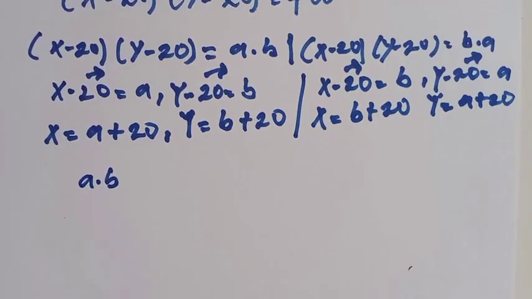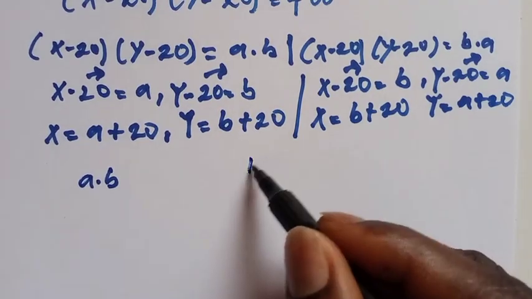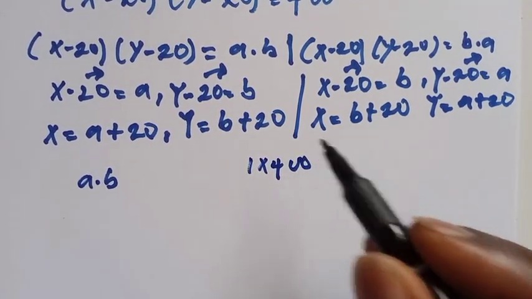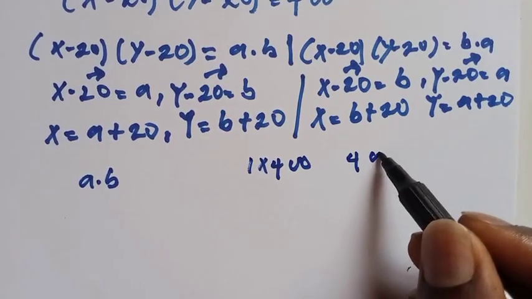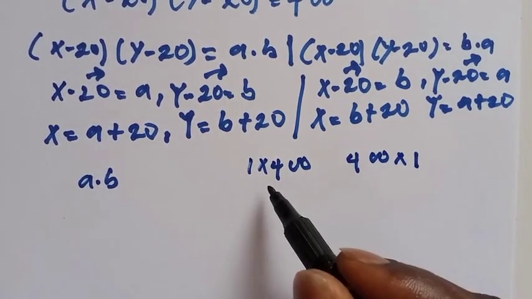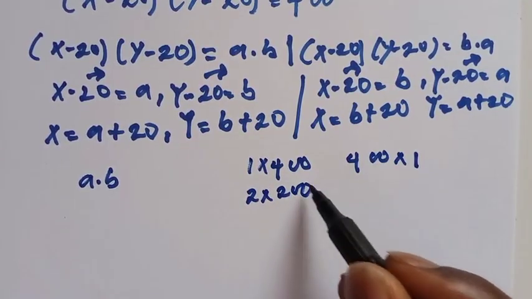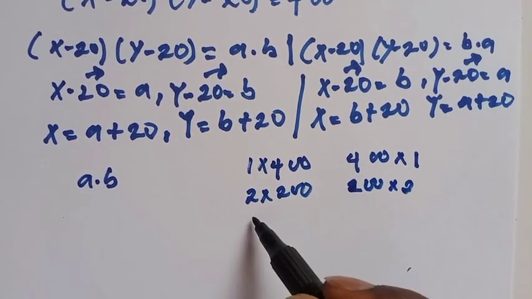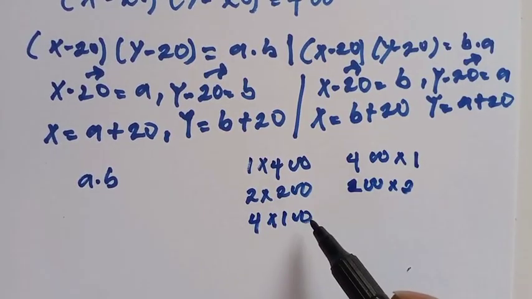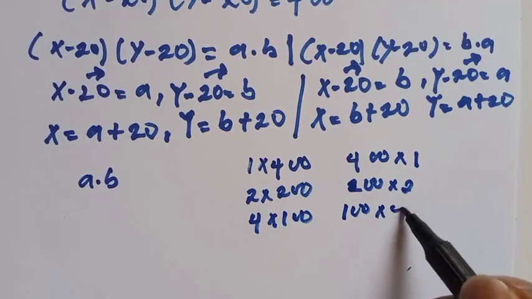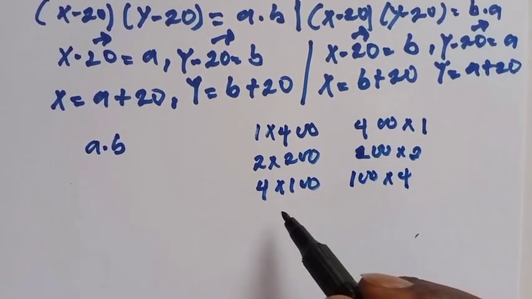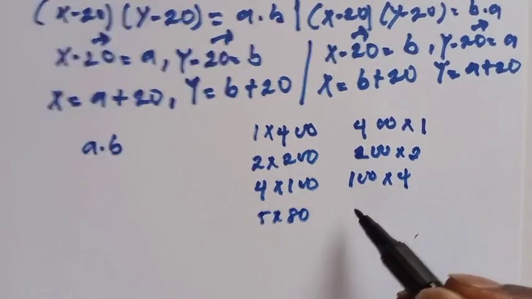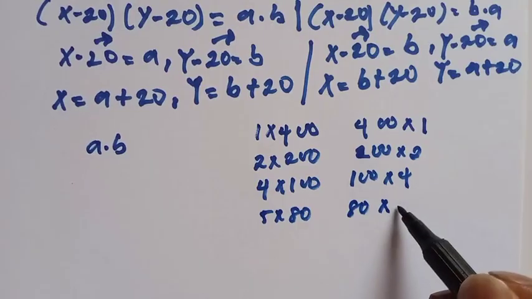A dot b represents a list of all positive integer factor pairs of 400. Now the positive factor pairs of 400 are 1 times 400, or 400 times 1, 2 times 200, and then 200 times 2, 4 times 100, and 100 times 4, 5 times 80, and 80 times 5,